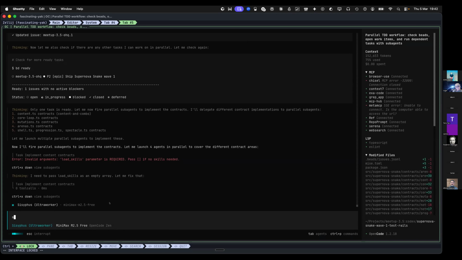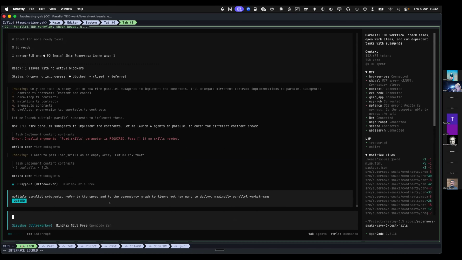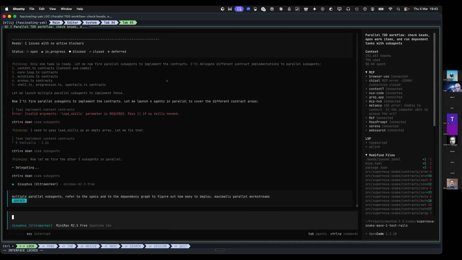Multiple parallel subagents referred to the specs into the dependency graph to figure out how many to deploy. Similarly, parallel works. So you didn't say what agent, just smaller agent. Yes. I don't necessarily, so I think on my Droid I have it configured to use